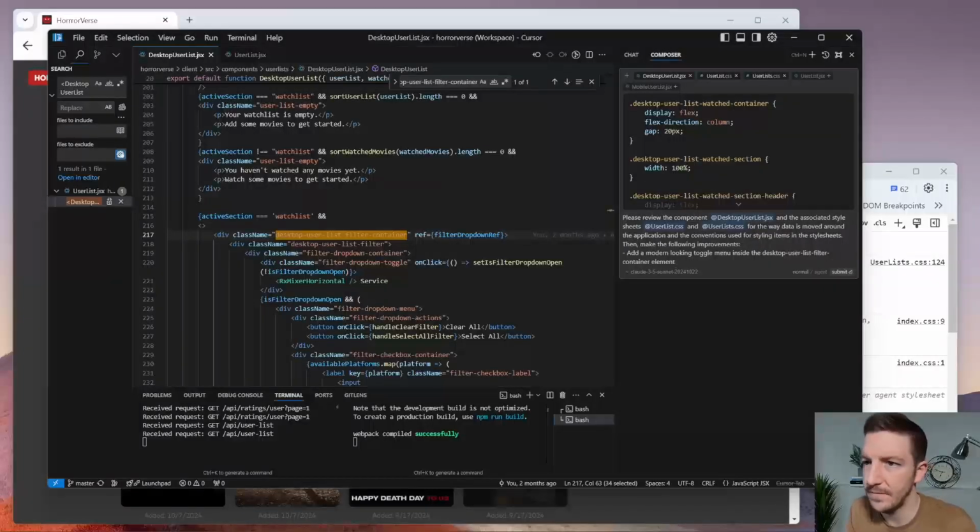element, add a modern looking toggle menu with two options. Streaming only and all movies. All formats, all availability. We'll just kind of leave it here. We'll refine it as we come up with a better idea as we go. Okay,